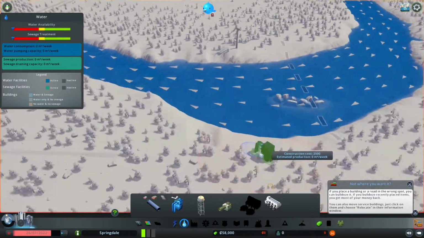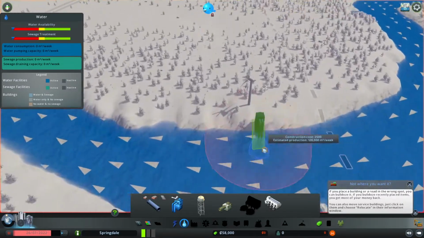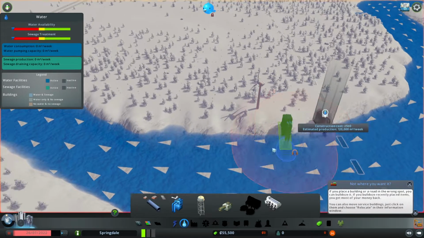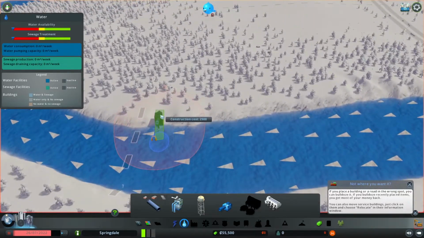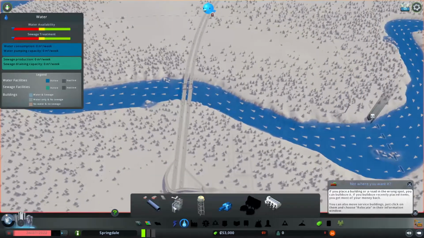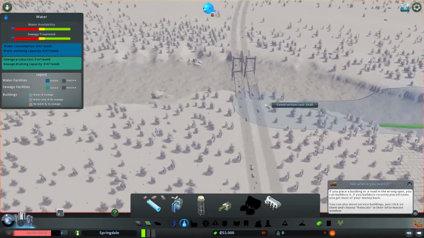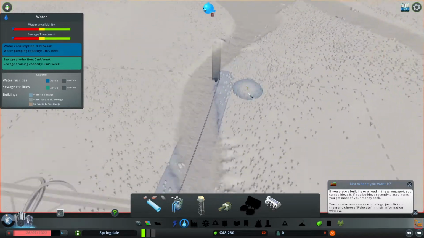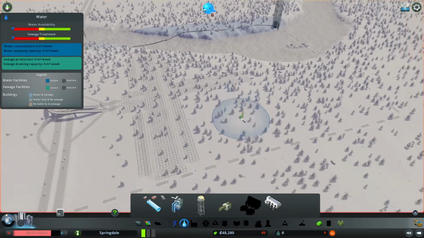Let's have the pumping station. Since the water is flowing to the left, we'll have the intake of water supply over here and the output of the sewage at the extreme left. Yeah. Let's connect both of these up with pipes. That's done. Okay, we'll also need to